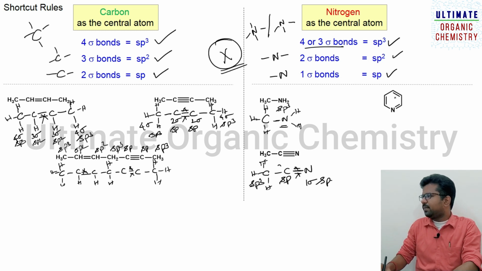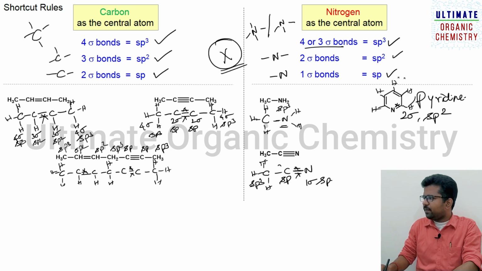So we have one more example. The compound name is pyridine. So nitrogen is considered the atom. You can check here you have a single bond, here you have a double bond. Double bond means there will be 1 pi bond and 1 sigma bond. Just omit the pi bond. And if you check, the nitrogen is connected by 2 sigma bonds. So hybridization is sp2. You can check the remaining carbon atoms and find out the hybridization, which will be sp2 only. So try it yourself.